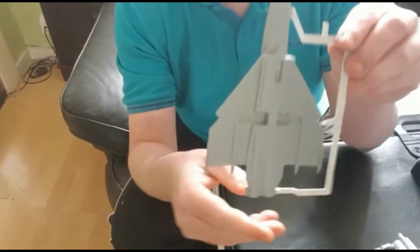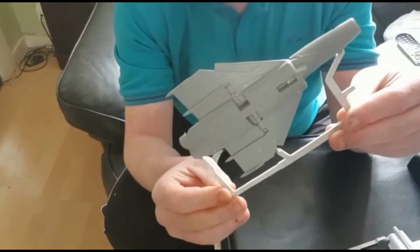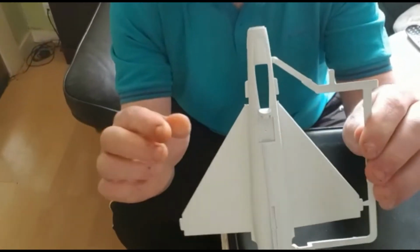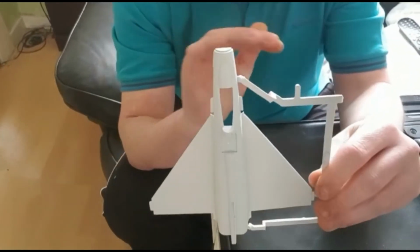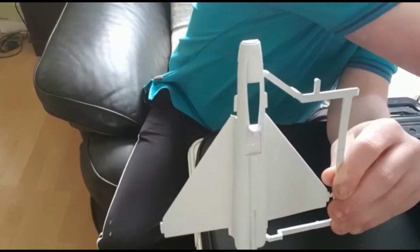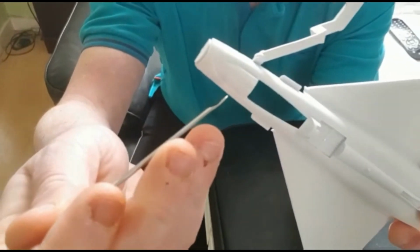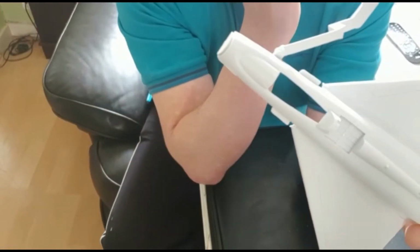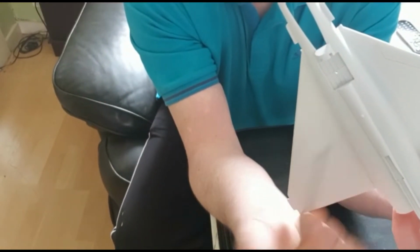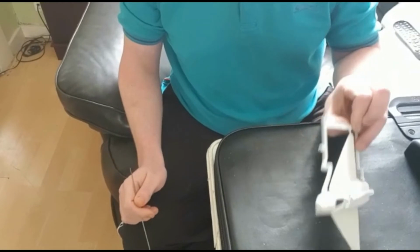Okay, so this part, which is the lower half of the main body, has all been painted up and ready, but we're going to put that to one side for some time, and work on the other half, the top half. Although most of it will be painted Humbrol grey using Humbrol 167, there are two areas which aren't being painted in this colour. This part here, the raised part around the front, is going to be Humbrol 33 black, and this area here will be white, and we use Humbrol 130 for that. We'll actually do those two parts before we do the all over